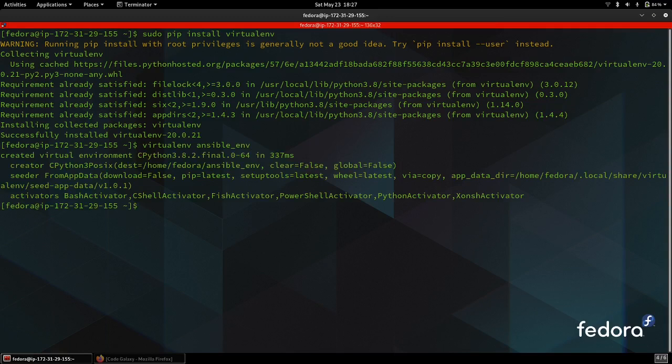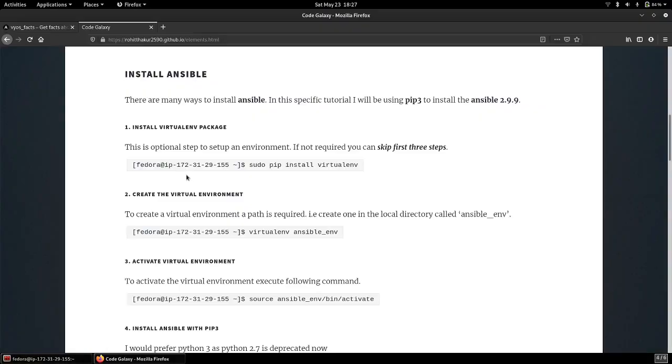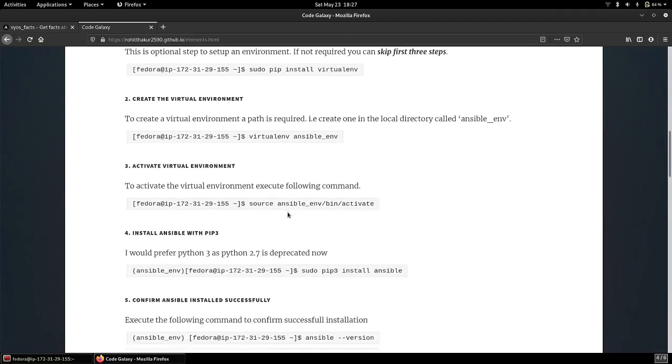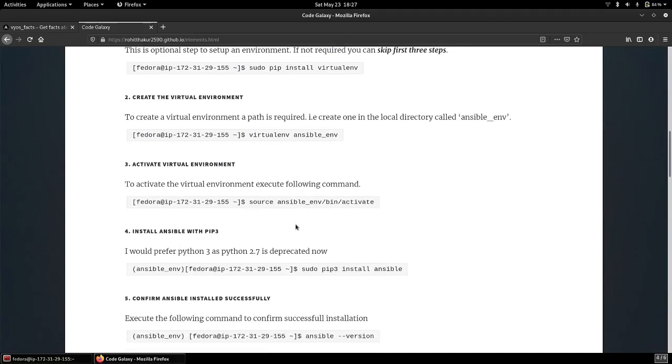It's been created. Next is to activate the virtual environment, and to activate it, we have the command